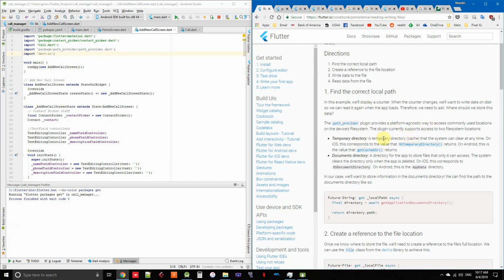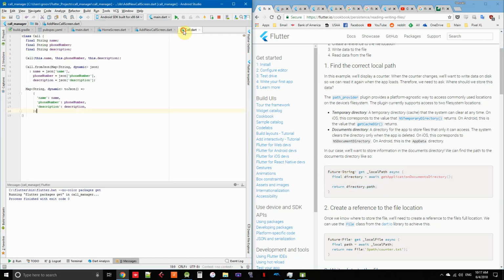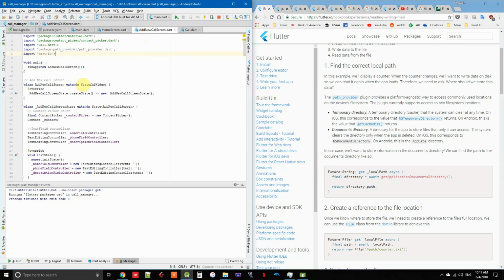Temporary cache, documents directory, a directory for the app to store files that only it can access. That's what I want. Okay. In our case, we're going to just store information in documents. Good. Okay, we can find the path to the documents directory like so. So in the add call screen, I'm going to want,